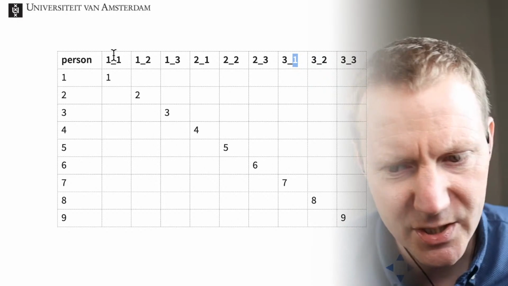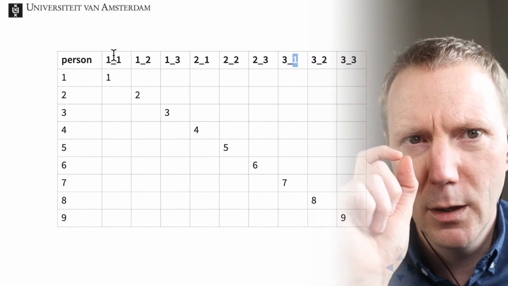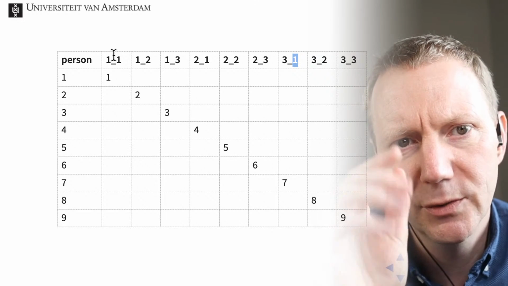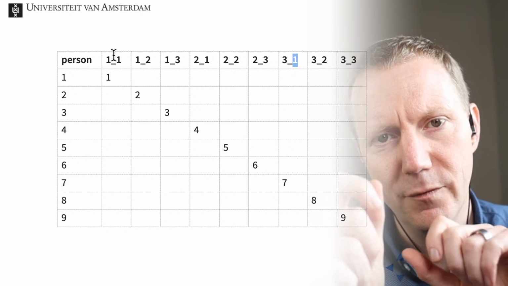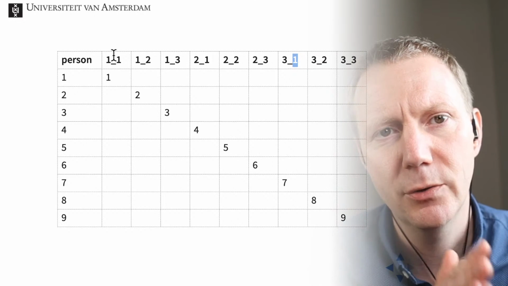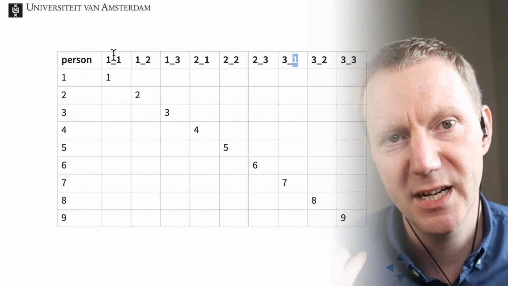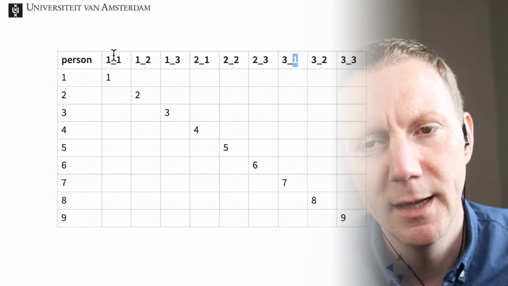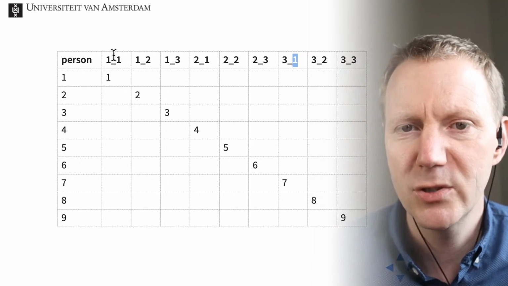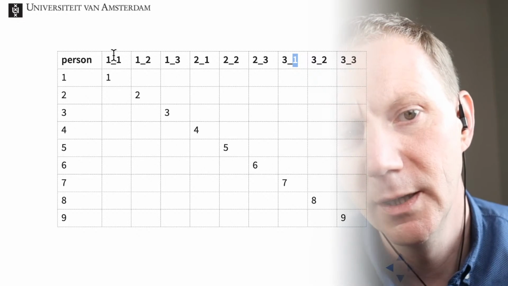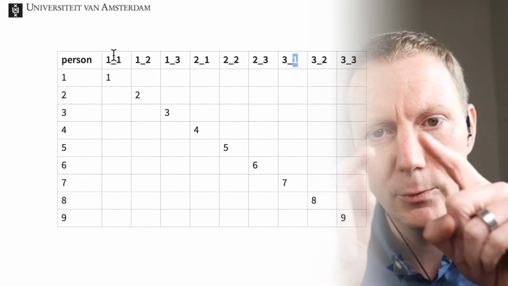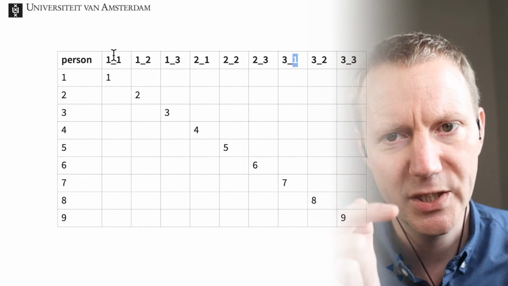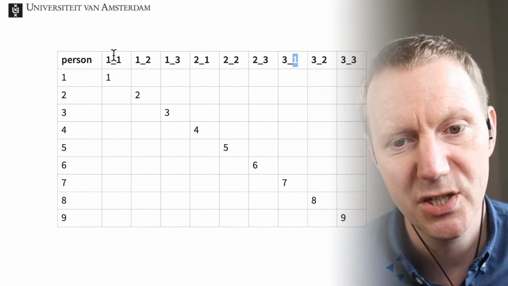So that means that if you want to run this analysis in SPSS, you have to tell SPSS which variables, which columns are associated with which variable names. So you have to specify in SPSS that you have a speed variable as an independent variable, and you have to specify that you have an alcohol variable, and then you have to specify which level is associated with which, because otherwise SPSS just doesn't know what